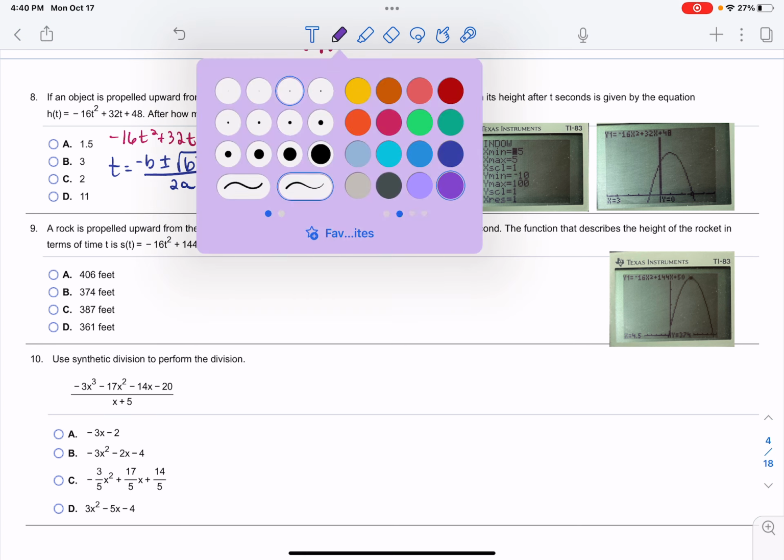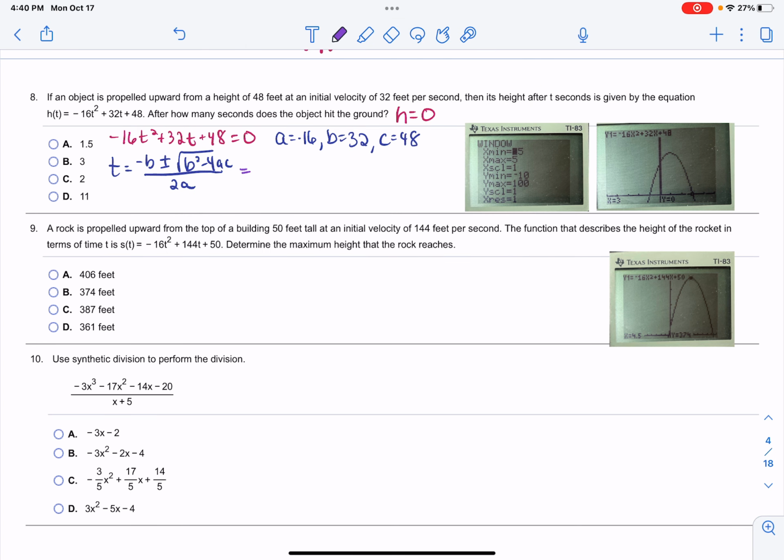Now we get to plug in our values to get negative 32 plus or minus the square root of 32 squared minus 4 times negative 16 times 48. If you're doing this on your calculator, please pay special attention to the order of operations, and you're going to divide the whole thing by 2 times negative 16. When you simplify that,